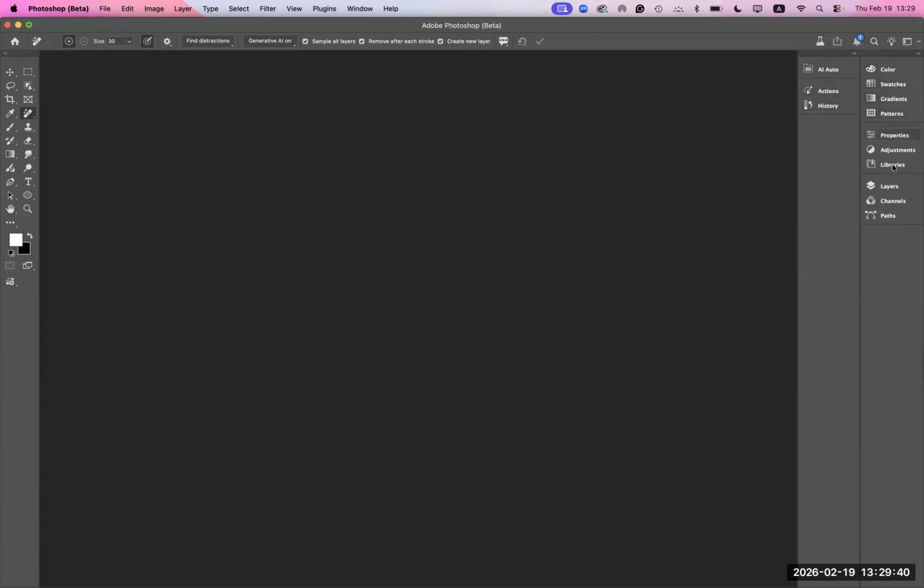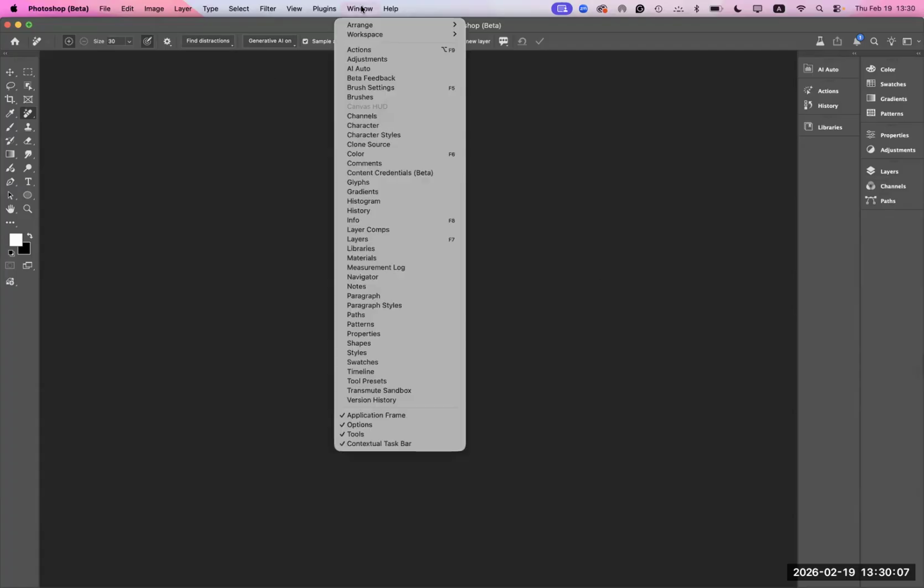But all the way over here, you do have the color panel, the swatches, the gradient, and the pattern. Then you have the properties, adjustment, the libraries. I'm just going to bring it over. Layers, channels, and paths. So this is the regular workspace. If you are going to do a lot of enhancement in photography, I highly recommend going to Photo Window,